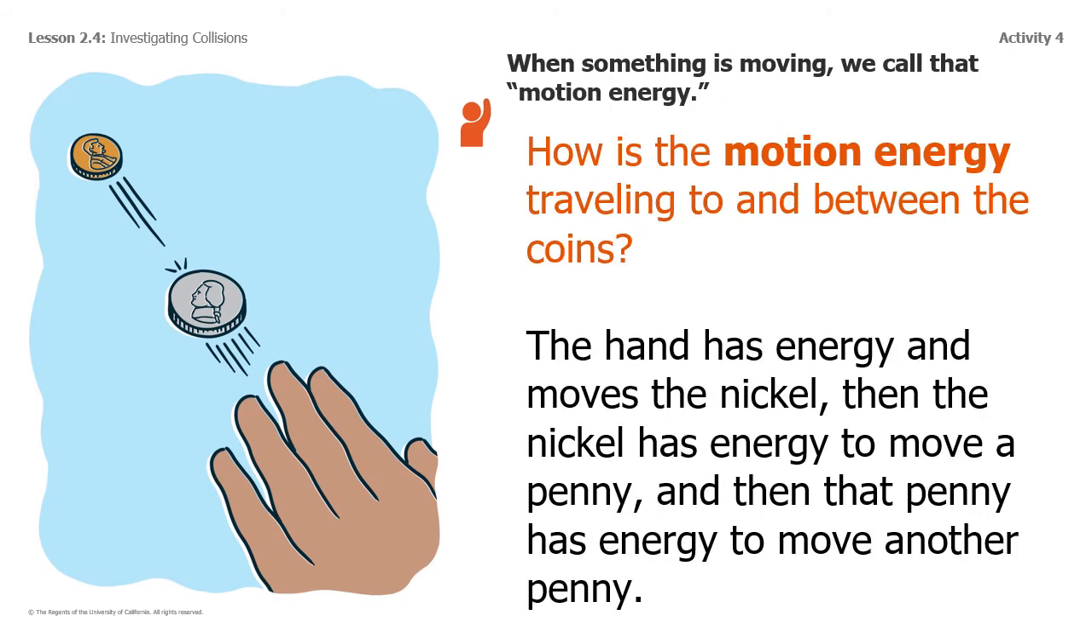So, how is the motion energy traveling to and between the coins? The hand has energy and moves the nickel. Then the nickel has energy to move a penny. And then the penny has energy to move another penny. It's very interesting, scholars, to realize that energy